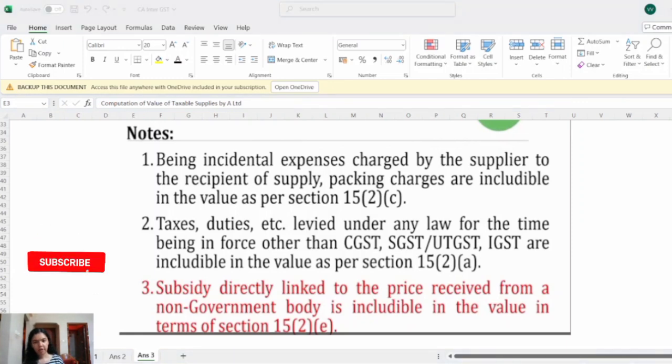So I hope you all have noted down this right method of presenting answers for the GST paper. And I also hope this video has helped you identify the areas where you can improve your presentation in the GST paper. Remember, exam success isn't just about knowing the content. It's also about how you present your answers.